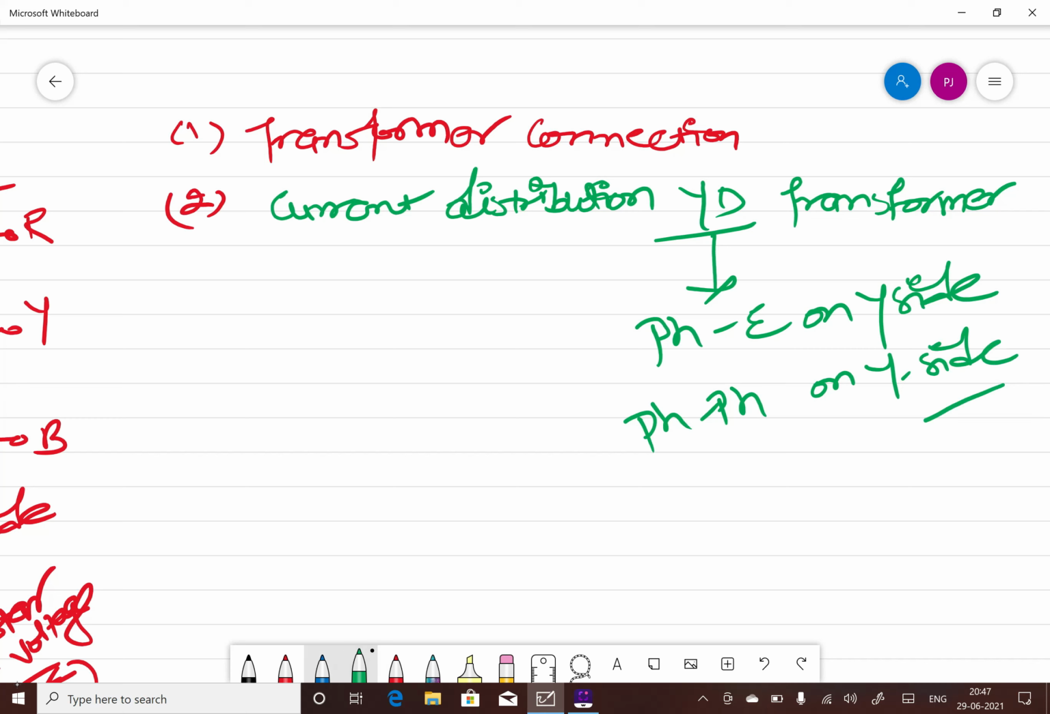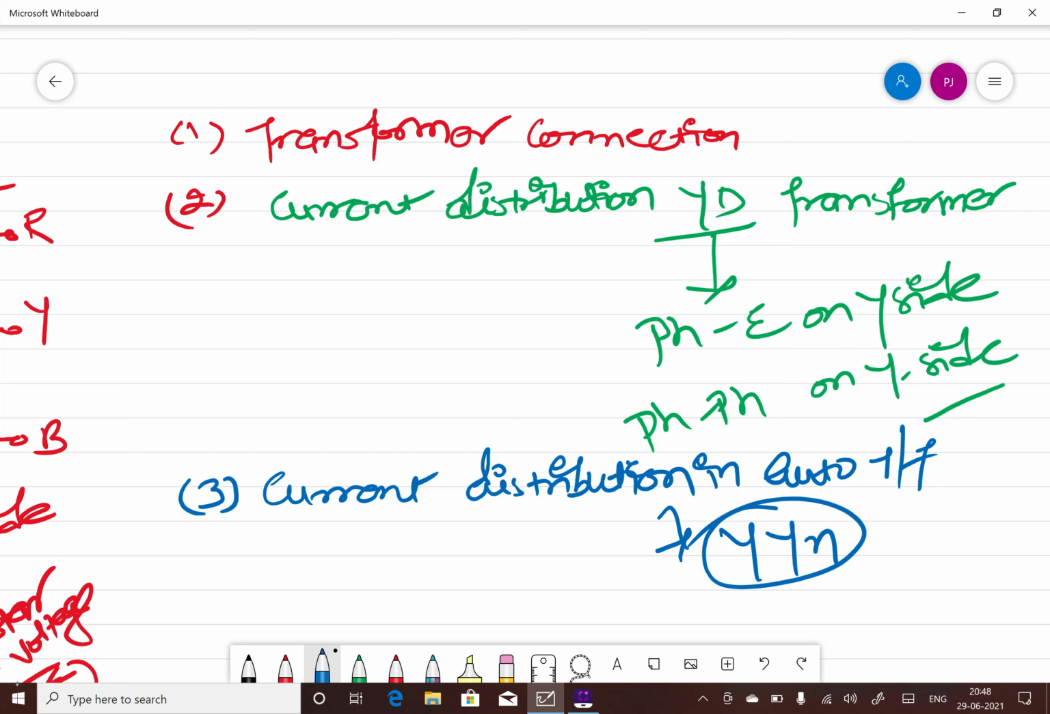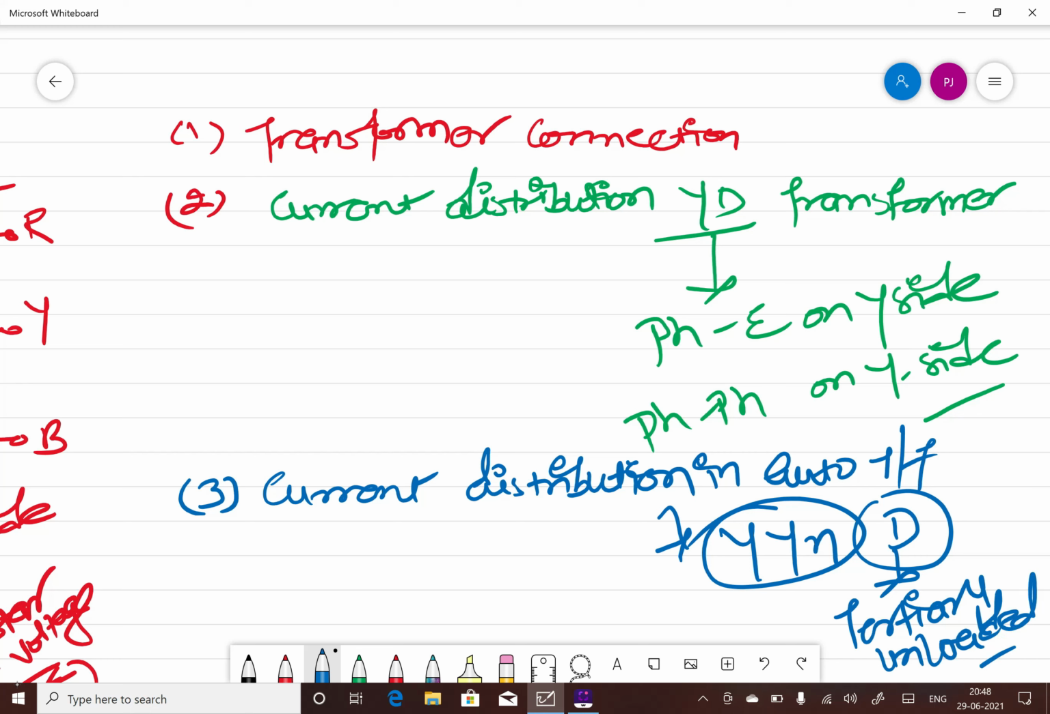Later on, for the first time, we will discuss the current distribution in auto transformer. Basically we will discuss star grounded with tertiary delta, and in that case we will discuss tertiary unloaded and how these current contributions will change. So once you understand how the current contributions are and how these currents are distributed inside